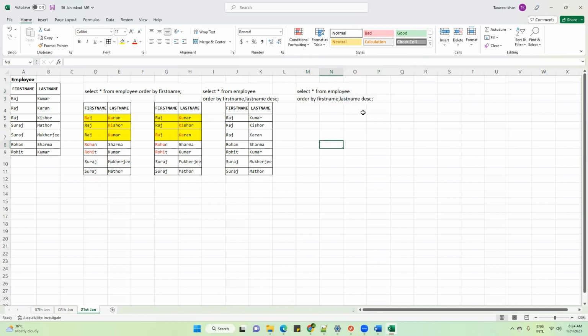When I ask this, most of the time the candidates will tell me, Tanvir, this is descending, it means the first name and last name both have to be sorted in descending order. Do you think this is the correct answer? No. So be careful with this. Descending means, first of all, the engine has to sort the data based on first name. If there is any conflict, then sort the data based on the last name.